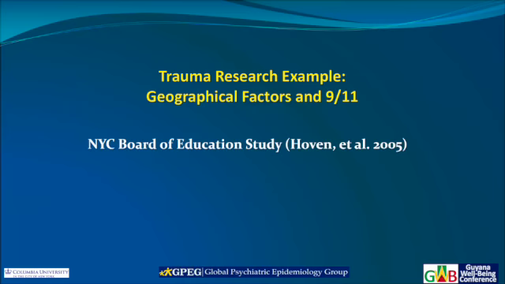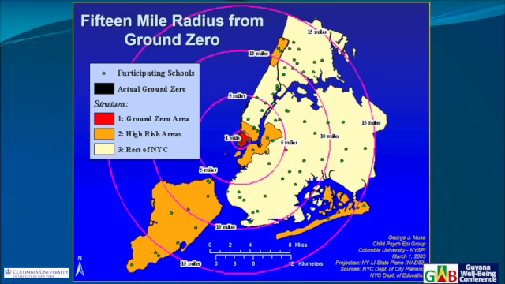Okay, so what about trauma research? This is a New York City study that we did in 2002, a representative sample of school students across all public schools in New York City. We mapped out the city. The reddish area is where the ground zero area was, where the World Trade Center towers were. The green dots are the schools. The orange polygons, I should say, are areas that we felt were at high risk for trauma-related mental illness in the school children.